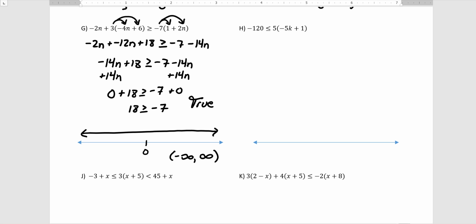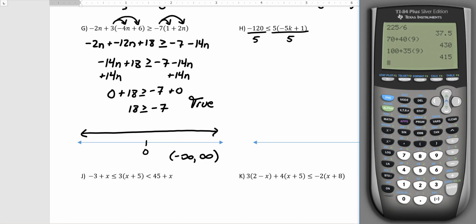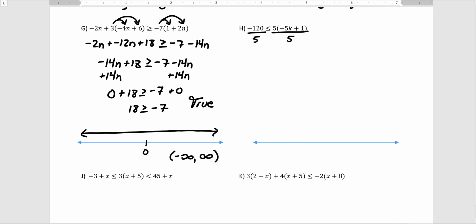Letter H, looking at this, some people probably distributed that 5, but I see that -120 is divisible by 5, so I'm actually going to do that division right now. Now -120 divided by 5, that's a tough one. Let's check that on the calculator here. -120 divided by 5 equals -24. So -24 is less than or equal to, and now I'm just left with what's in the parentheses, -5k